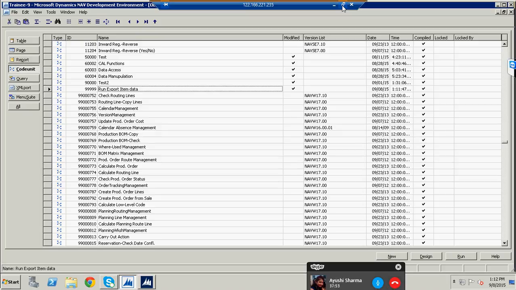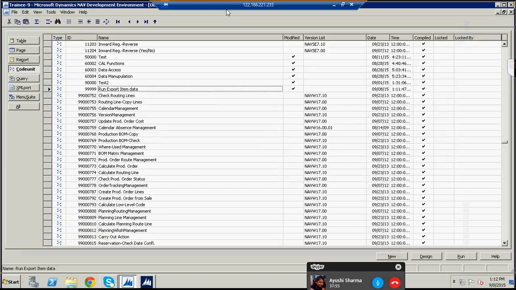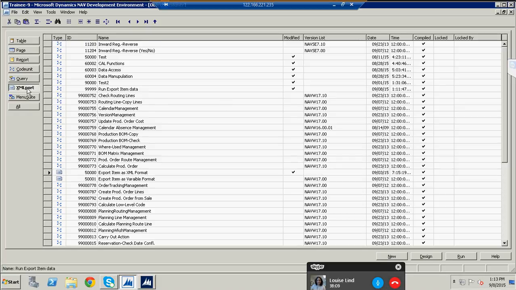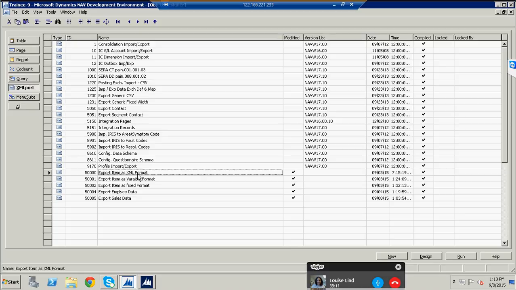Okay, that's all about the XML ports. So before I move to the code units, let me summarize the XML ports. So basically, we use XML ports to export and import data in different formats, as you all have seen until now. The XML port supports XML format and text formats,